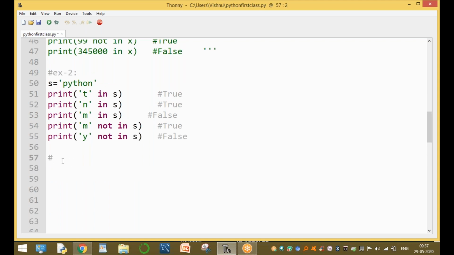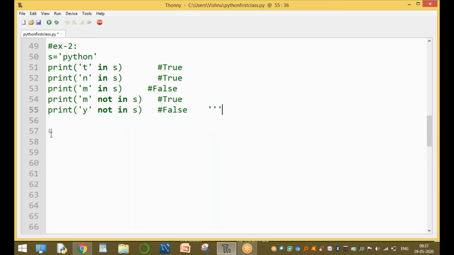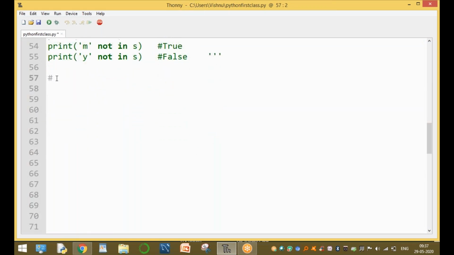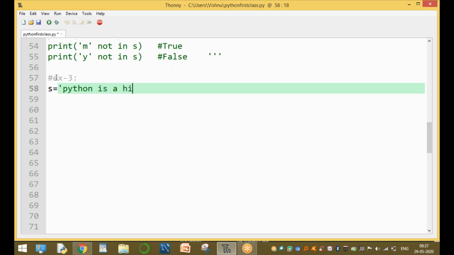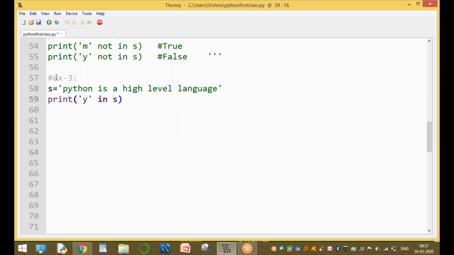One more example, example 3. The string s is equal to Python is a high level language. Print of y in S, true or false.